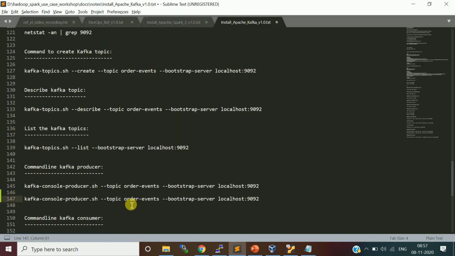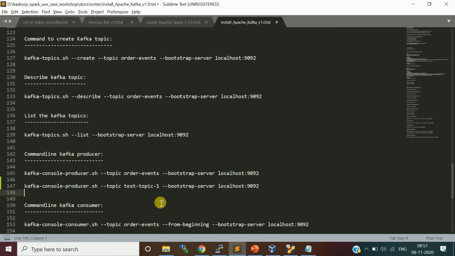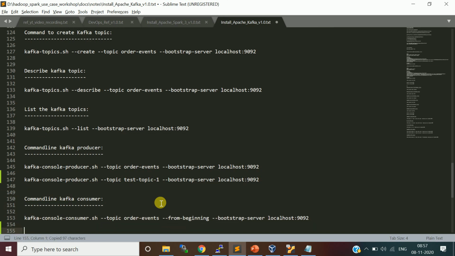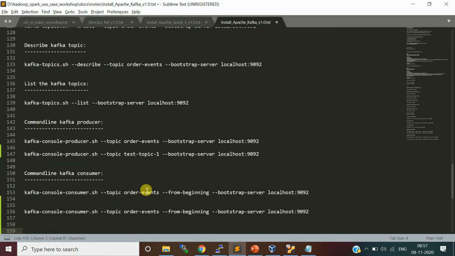I'm going to use test-topic-1 to send some messages, and in another terminal we'll run a command line consumer. This is the command line producer, this is the consumer, and we'll listen to the same test-topic-1.